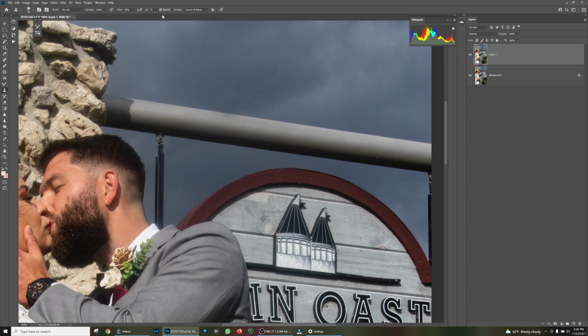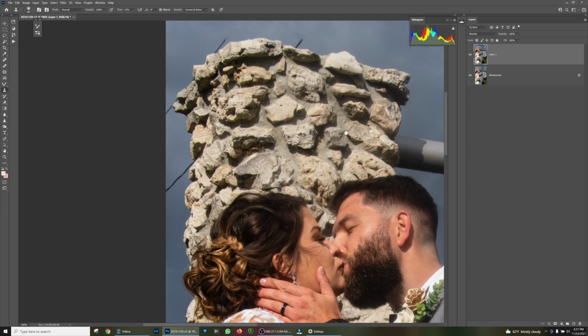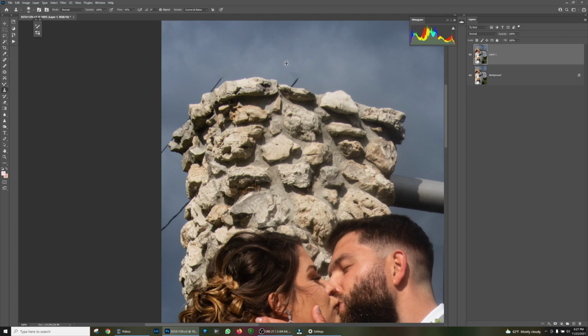Always make sure you have this button right here aligned, because you can make your flow be whatever you want. I usually make it lower than 100% so you can paint it on there to your liking. And always make sure your sample is set to current and below if you have two layers going here. I'm going to use the space bar, click, drag over to the next part, and do the rest of the work. Click in a sample area,